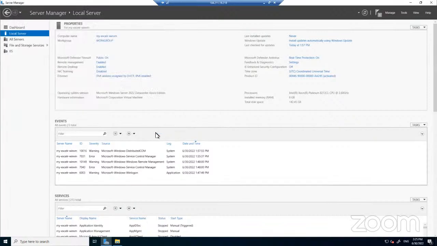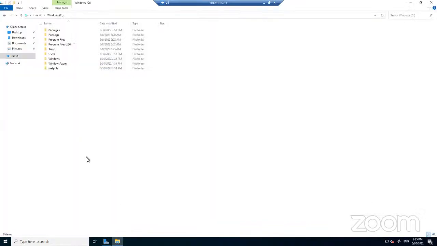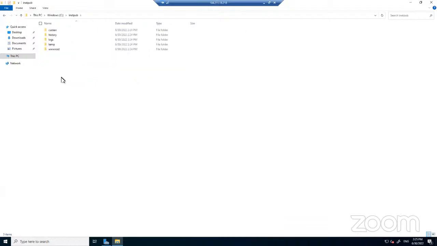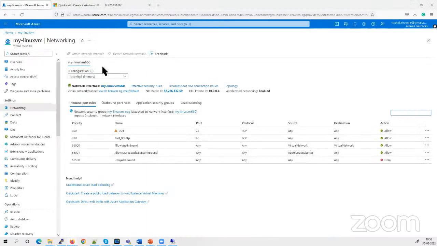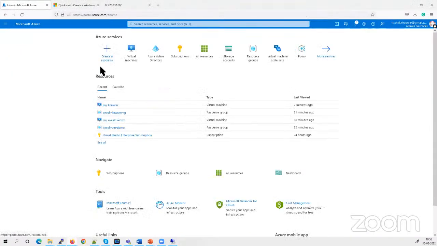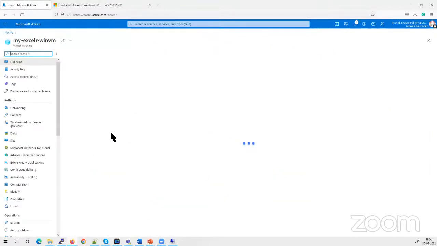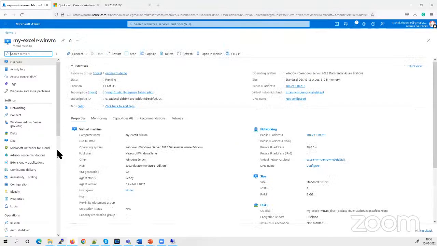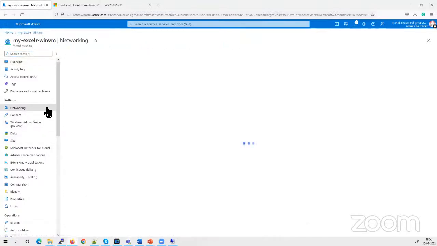I will say close it. Go to your web page, and here it is, the folder inetpub. Go into this, and then there is a wwwroot folder, and then there is an IIS start page, which is the default web page for your Windows machine. Again, we need to do the same thing. We need to enable port 80 for our virtual machine so the web page works on our Windows virtual machine. Again, I go into the networking section here,